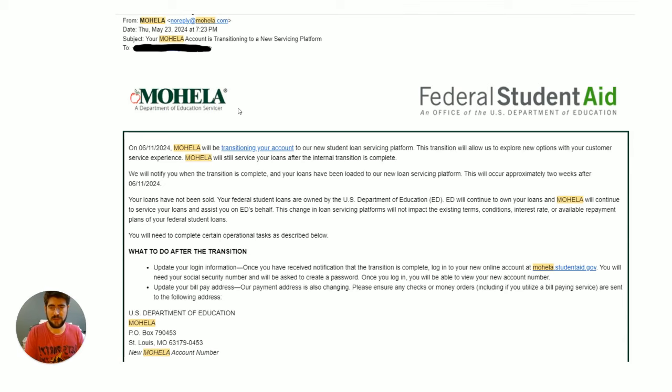So this is the kind of thing you'll get in an email if MOHELA is moving over your student loans to the federal mohela.studentaid.gov website. So this is the kind of email that you'll get. It's literally just explaining what it means, explaining you got to go create a new account. This is just explaining everything that's going to happen, right? So this is the most common email that people will get,